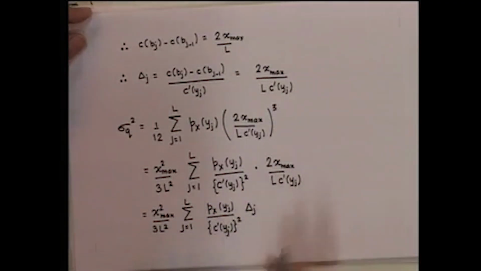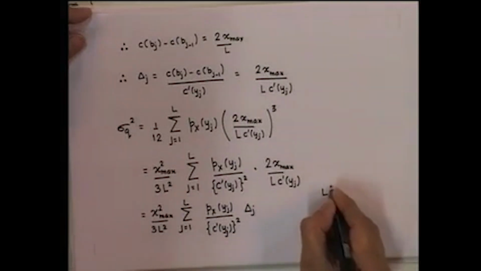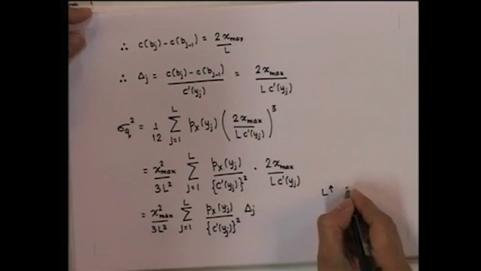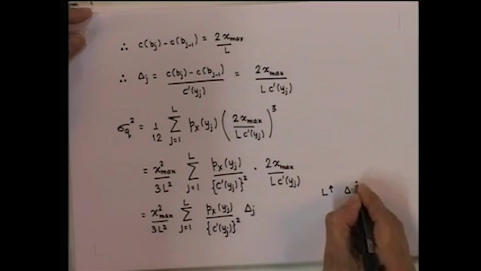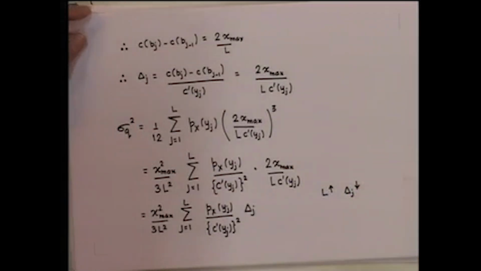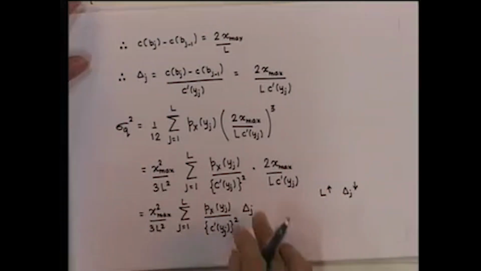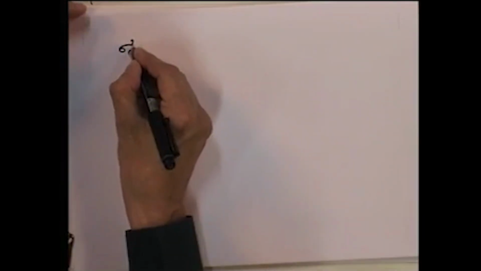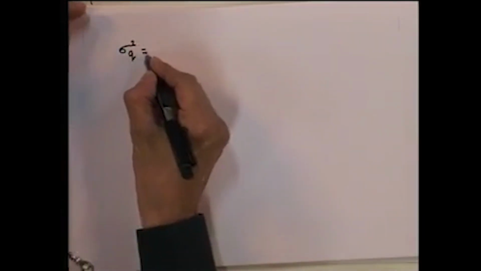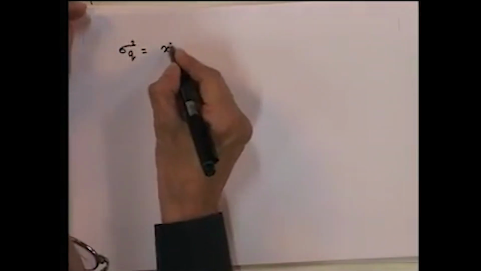Now, if we assume that L is high, then delta j will be small, and in that case we can replace this summation by integration as follows. So, the mean squared quantization error expression reduces to